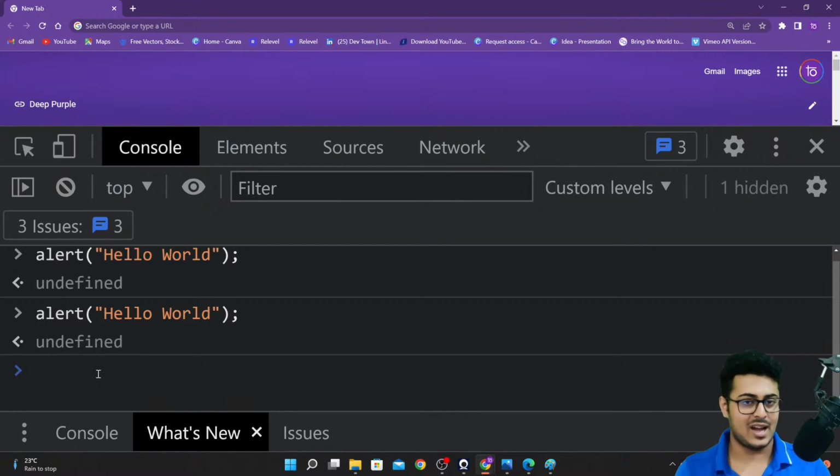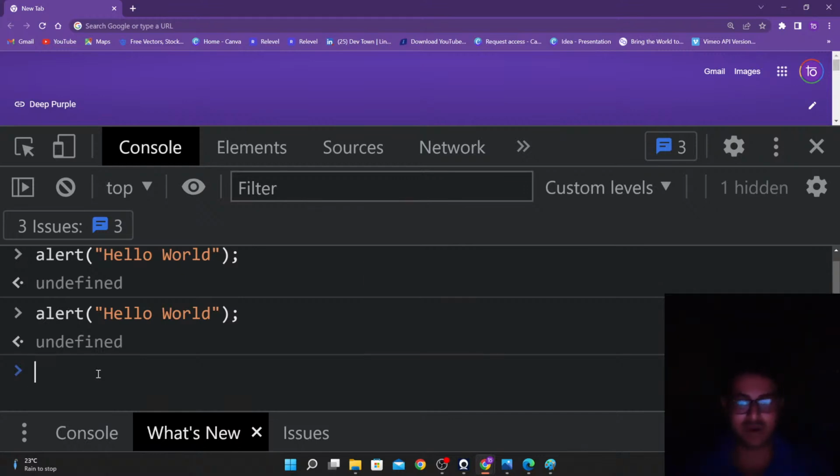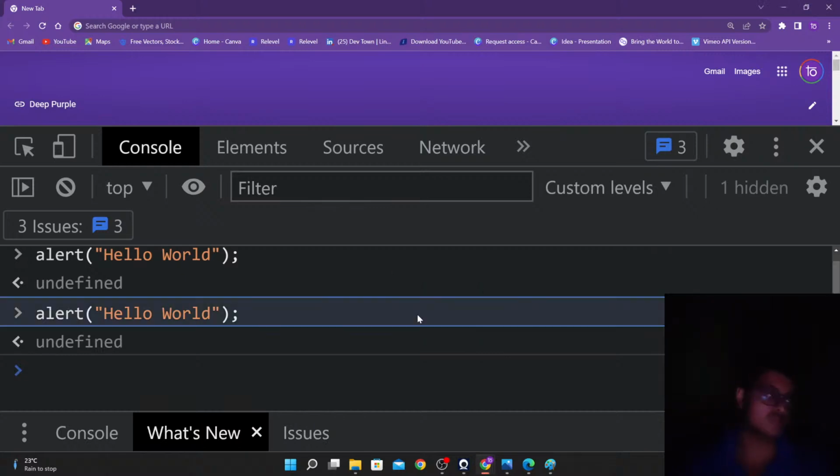Right now I'm dealing with a lot of different languages, so it might be possible that instead of saying JavaScript I just say something else. So please pardon me for the same, guys. So the light just went out right over here. I hope that's not a problem with you guys.